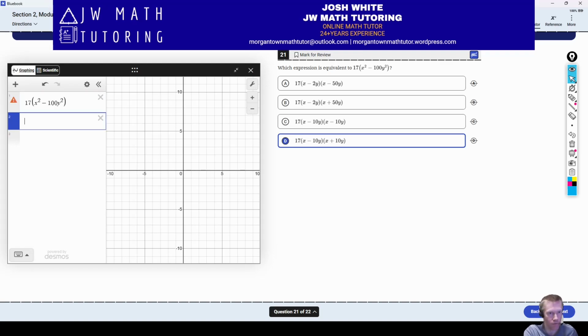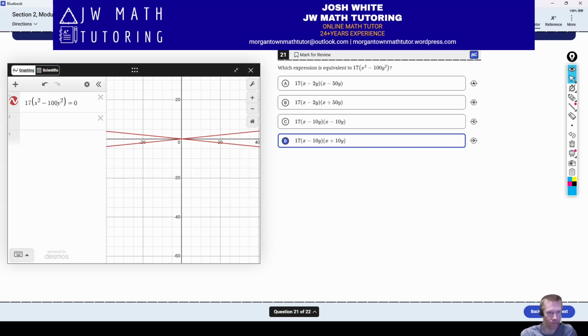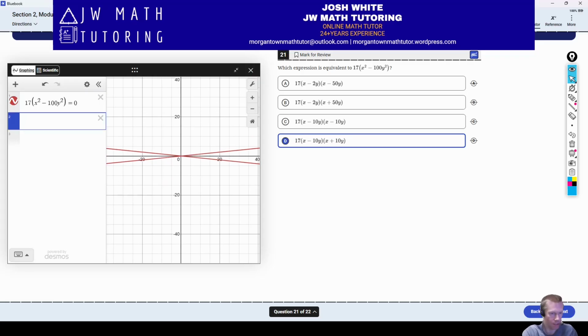All right, so here's the original expression. Now the problem is, notice, it's not graphing it as it's given. It's giving you an error that you need to turn this into an equation. So sometimes what you need to do is just add an equal 0 here, just to give it whatever random graph it happens to turn out to be. It doesn't matter. We're just basically looking for the same graph